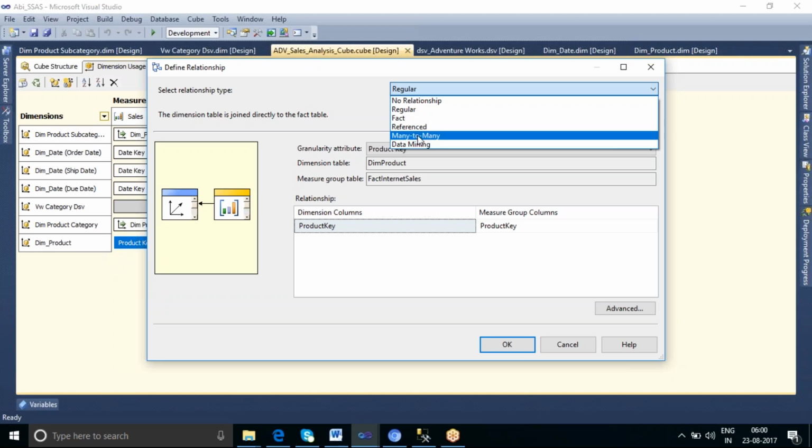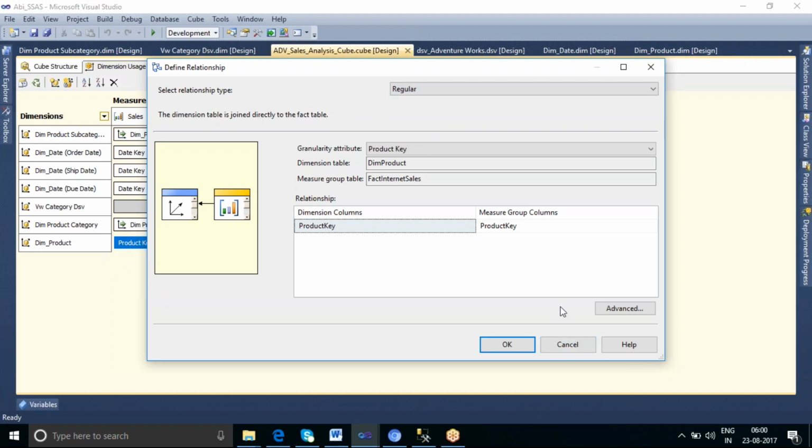Now let me go for the many to many relationship. When will we use this many to many relationship, and what is an example?